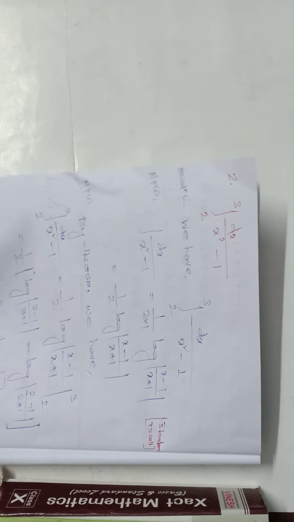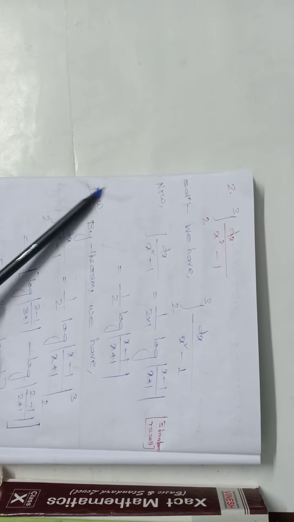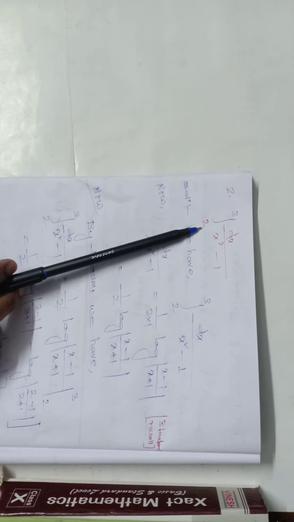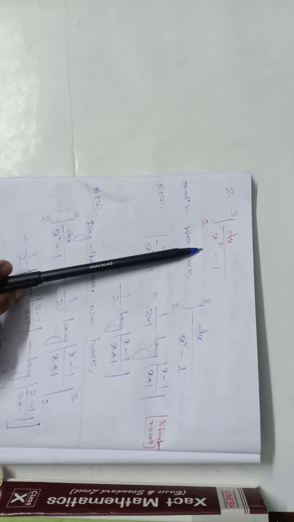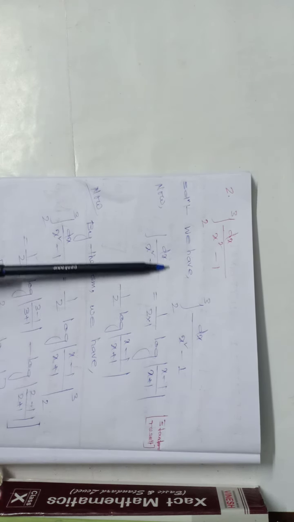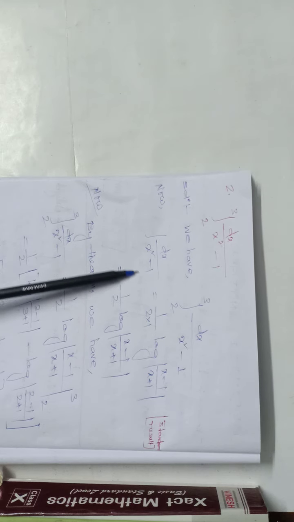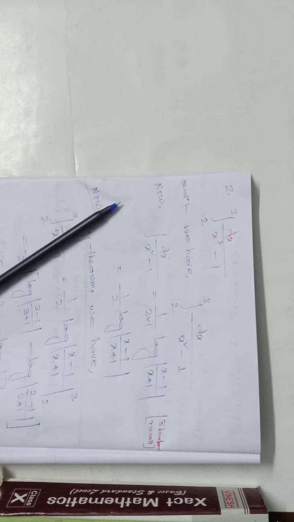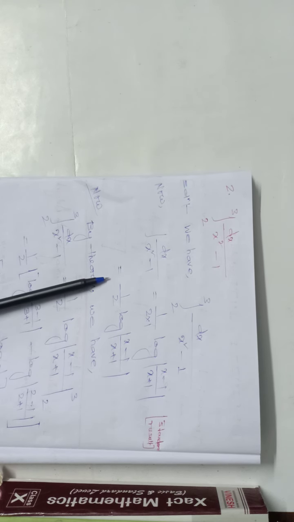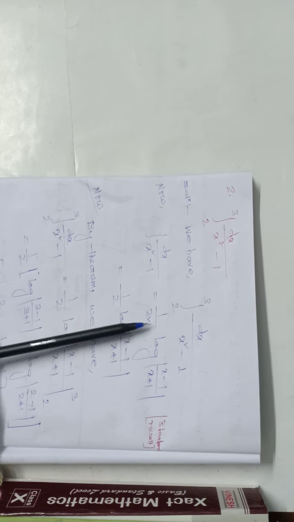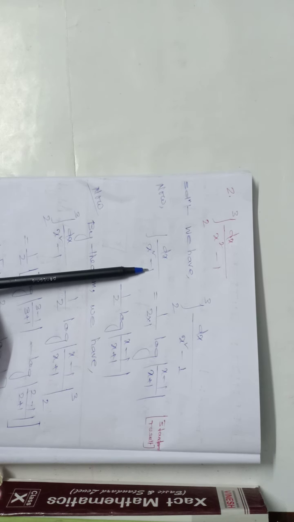You can see that one question is the integration of 2 to 3, dx by x square minus 1. So students, integration of dx by x square minus 1, first we have to integrate. And how to integrate this? We can use the formula. The standard result, integration of dx by x square minus a square, is 1 by 2a. Here a is 1 actually, right?